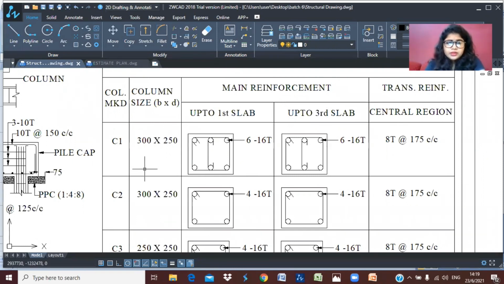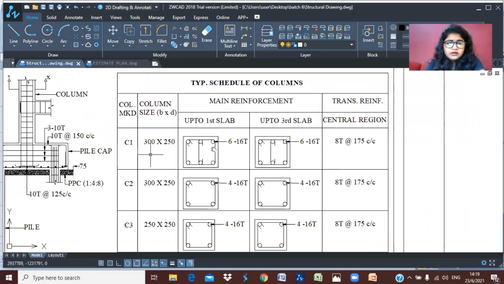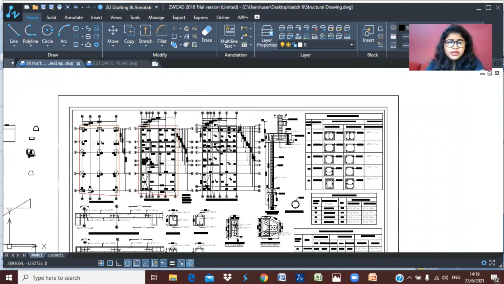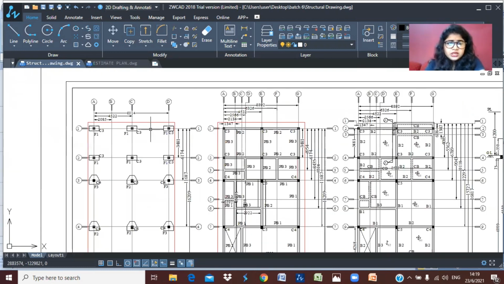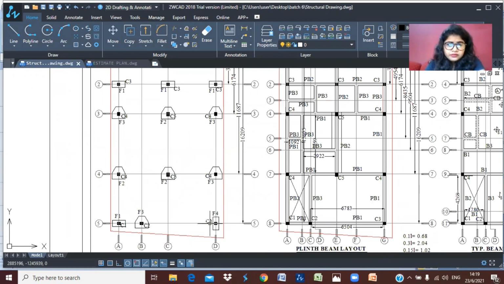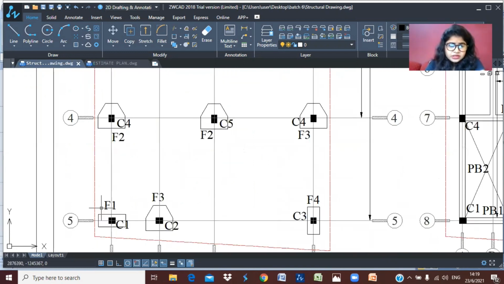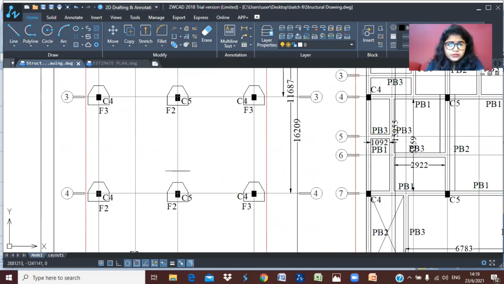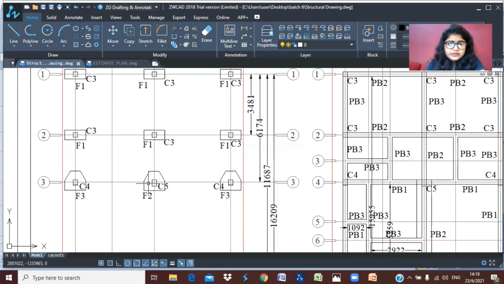Let us start. At first, we have to count how many C1 columns we have. In this foundation layout, you can see this is C3, C2, and this is C1. One C1 is here, this is C4, this is C5, C3.